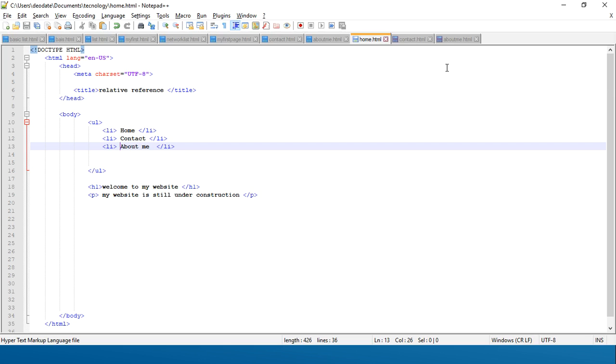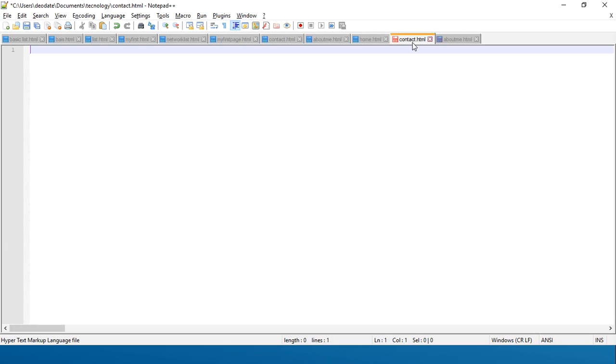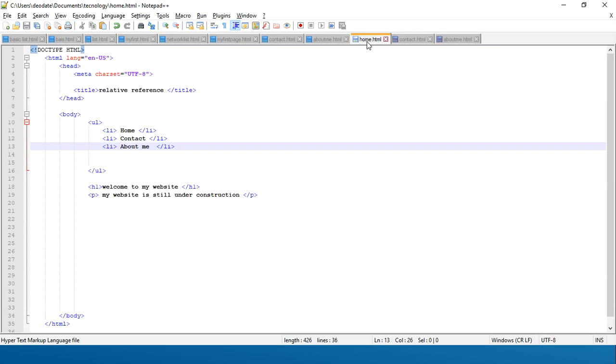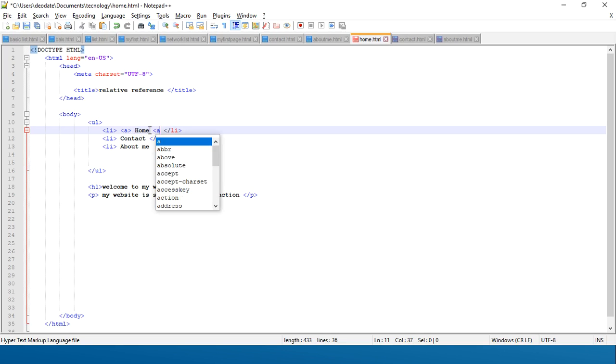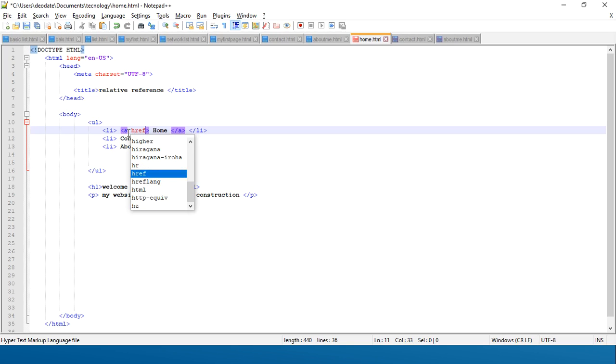Now we are going to create the contact page. So far our website has only 1 page. We are going to create the second page, the contact page. Before that, first I have to create links to Home, Contact, and About Me. And you know we use the anchor tag for links. So I'm going to use the anchor tag for links, and href equal